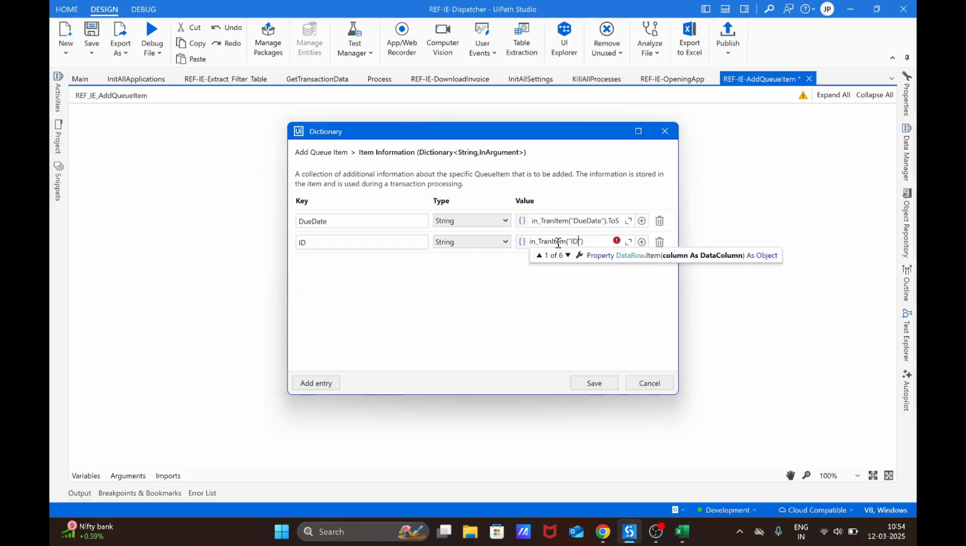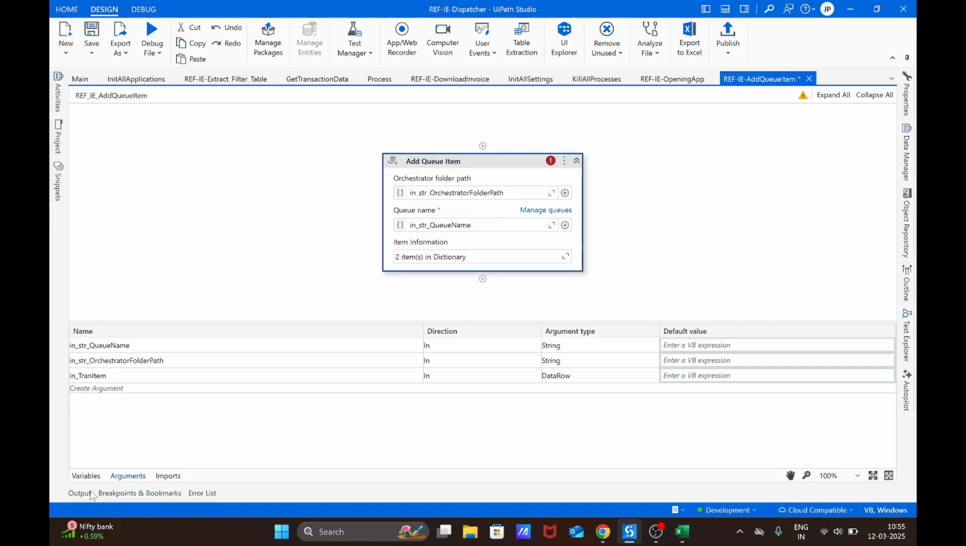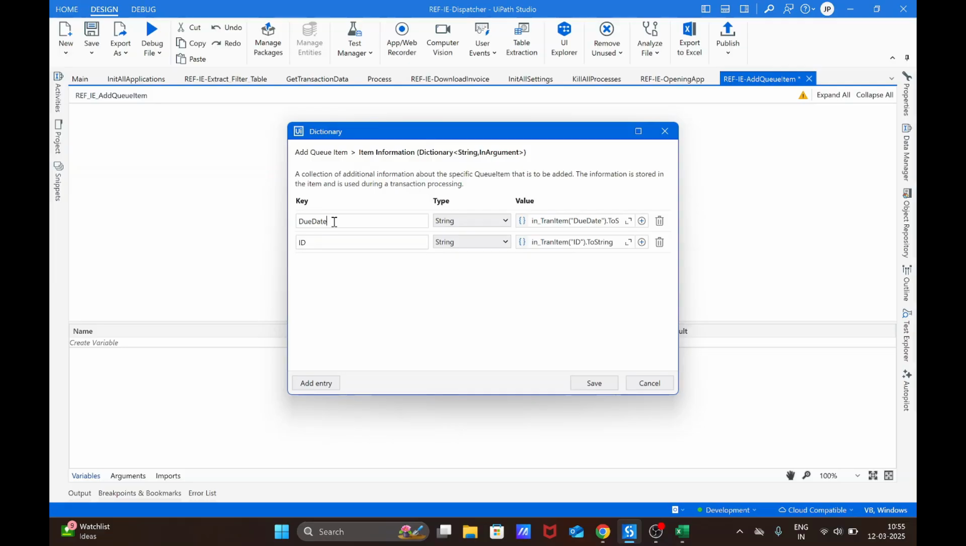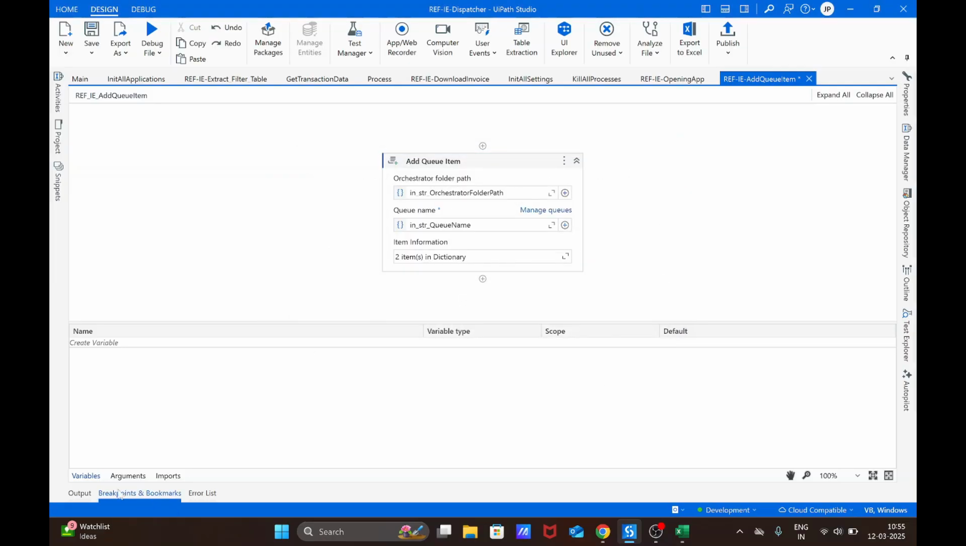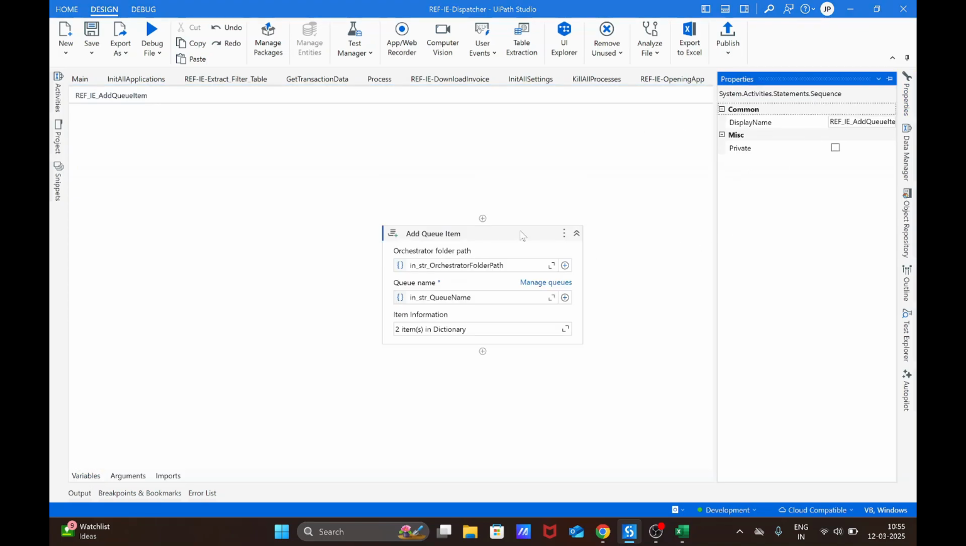simple, right, this is done. Okay, a variable, runtime argument, delegate argument with due date, and also unique with the environment. Let's see. Not having any variable over here. Let's say like this, due date. Okay, looks good. So this is my Add Queue Item activity, but in the properties, what I'll do,